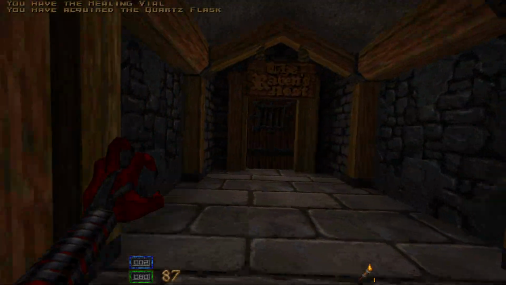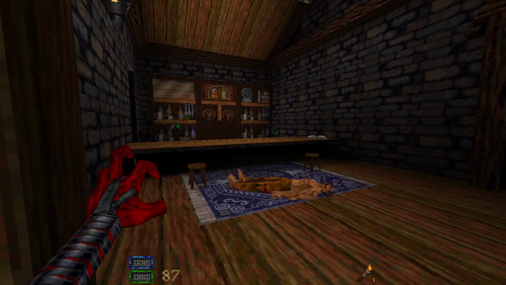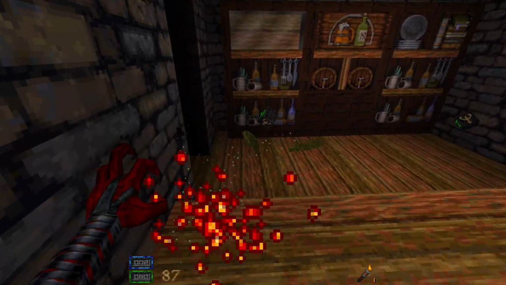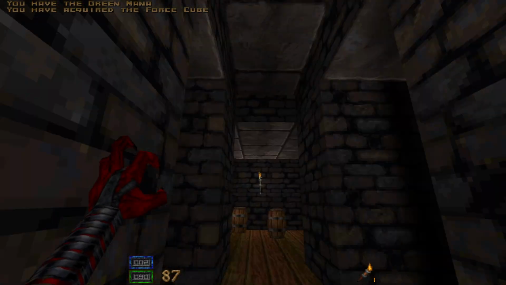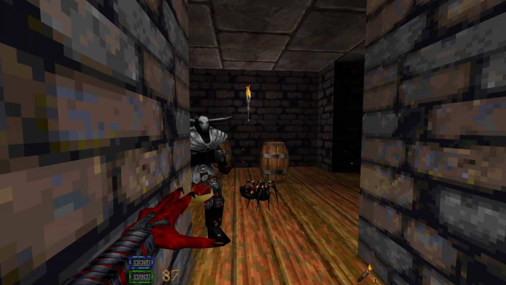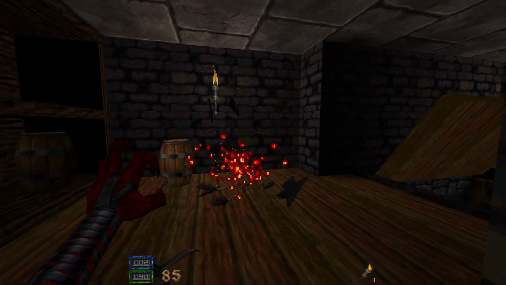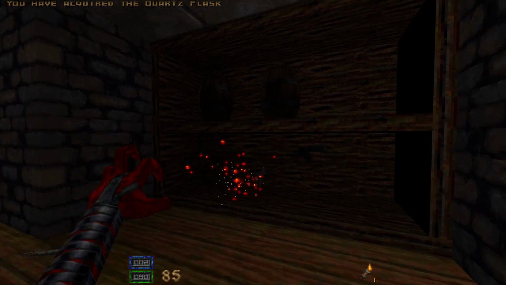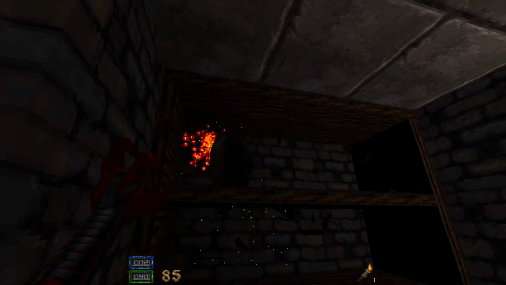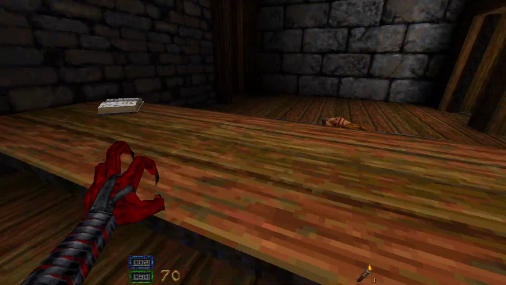Now let's continue on into our area right here, the Raven's Nest. Of course, the Raven's Nest. In here is a force cube and some more things you can pick up, more enemies you can kill, and more rats. But also around here